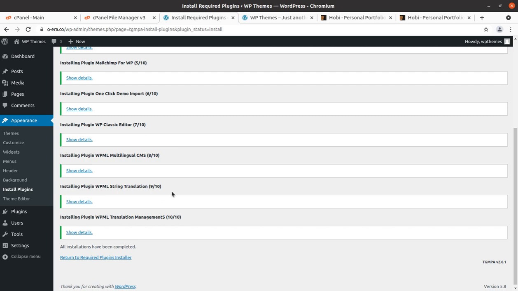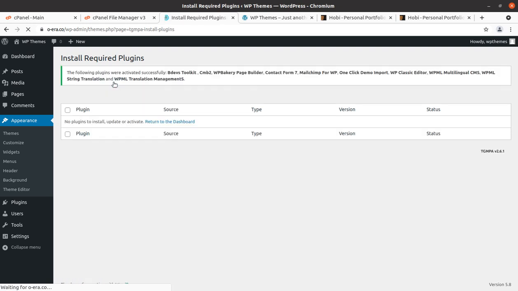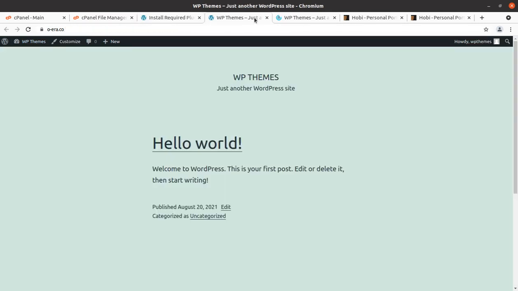Okay, so all the plugins have been installed, and we can go back to the plugin installation screen. Now we need to activate all the installed plugins, and that can also be done in a single click. Just select activate, click on apply, and select all, of course. I'm now activating all the plugins, and yes, all the installed plugins have been activated in just a second. And now we are fine to check how our website looks.